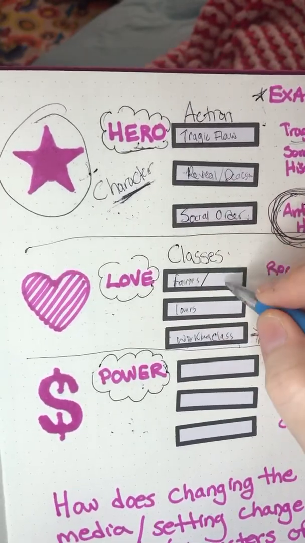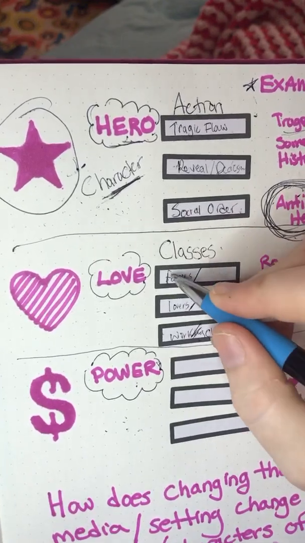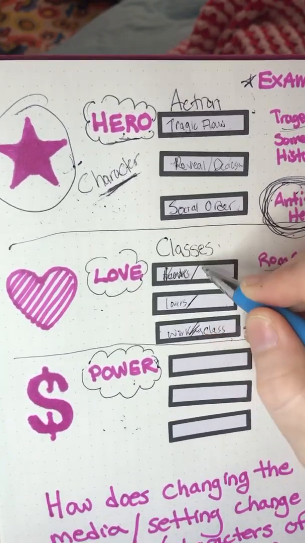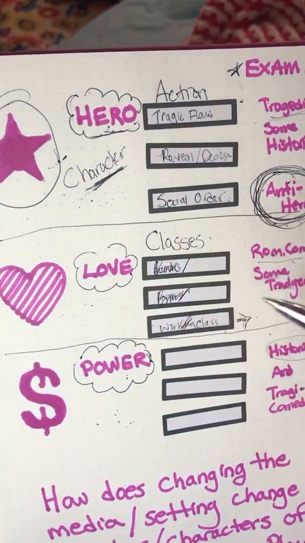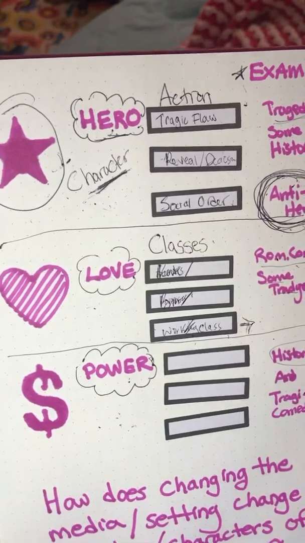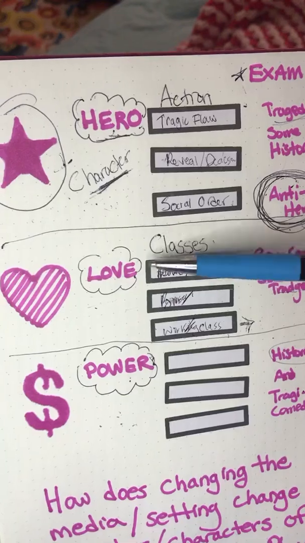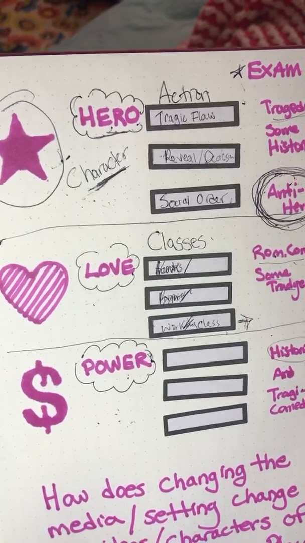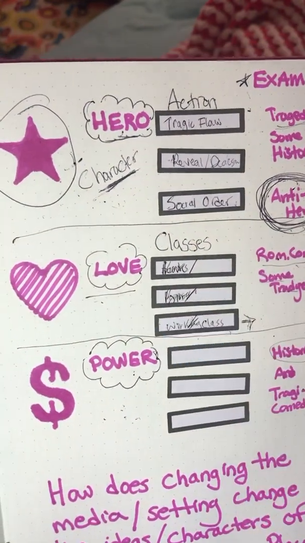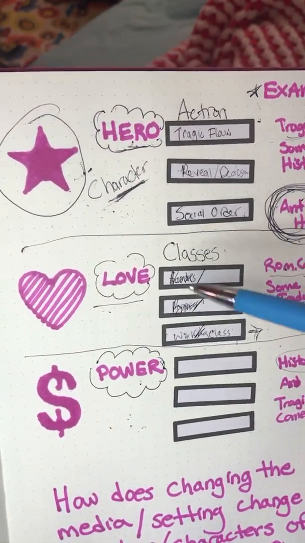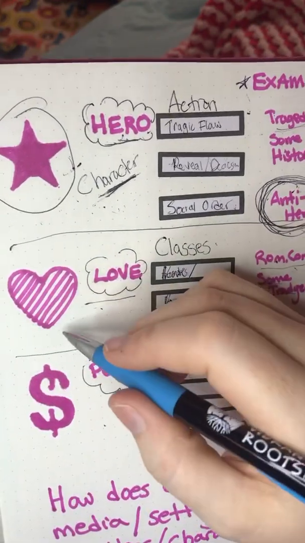So usually they follow a couple of different couples. Like in Taming of the Shrew, you have Kate and the next guy, and then you have Bianca and the other guy, and then you have these three different love stories going on. Typically speaking, you're going to have more than one love story weaving in and out. And so when you are going to do an essay about love, you want to look at how love is differently portrayed in the modern version, the movie,